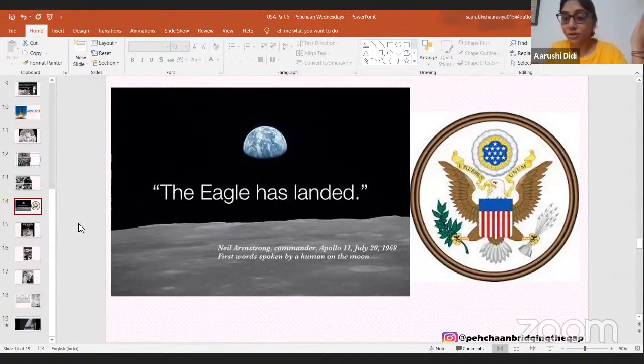So it's like two things in one. That the spaceship, they're calling it eagle, but they're also calling it their pride and prestige. And look at us, we are on the moon. The eagle has landed on the moon. It's like that. Everybody with me? Why it's called the eagle? What an eagle is? And what is a metaphor? Please keep that in mind. Okay, what is a metaphor? It's an important figure of speech. Okay, next slide, please.